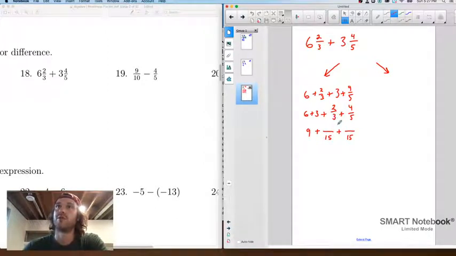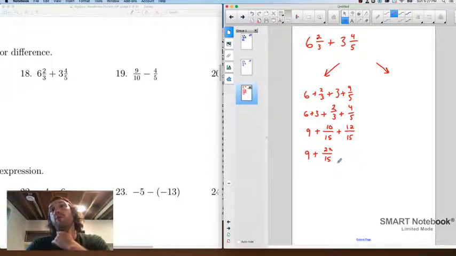Okay, so it's going to be something over 15 plus something over 15. 2/3, 3 times 5 is 15, 5 times 2 is 10, so this is 10/15. 2/3 of 15 is 10. And 5 times 3 is 15, so I'm going to multiply the top by 3 to get 12. We're going to add those together. And you end up with 9 plus 10 plus 12 is 22 over 15. Now we got a problem here. 22 over 15 is